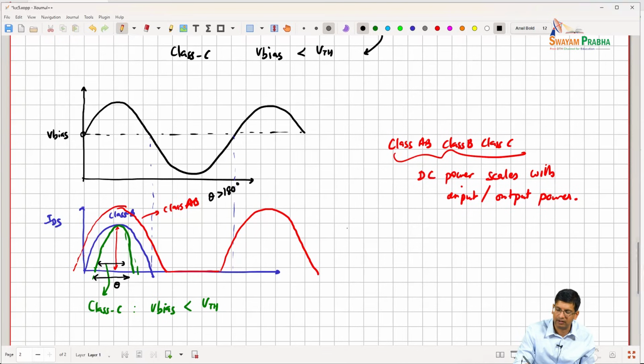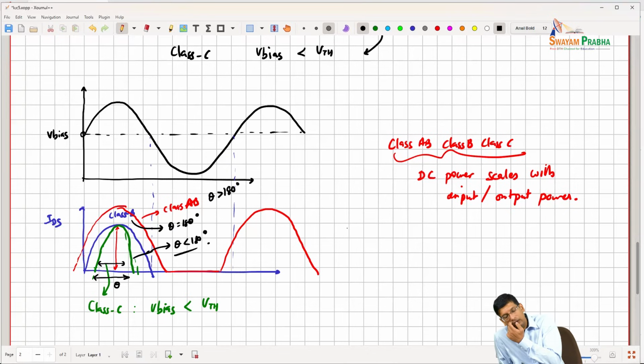We have a formal definition for this where for class B, theta is 180 degrees, and for class C over here, theta is less than 180 degrees. Depending upon how low your conduction angle is, your harmonic currents are going to keep increasing. And this is going to be a problem because it stresses the filter to remove these harmonics in the design. But it gives you efficiency. So this is the basic